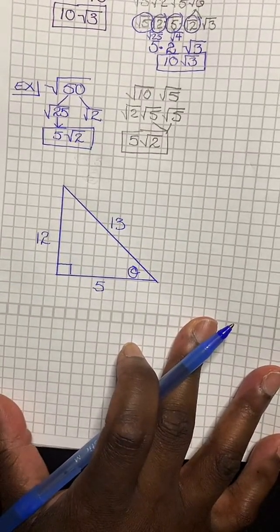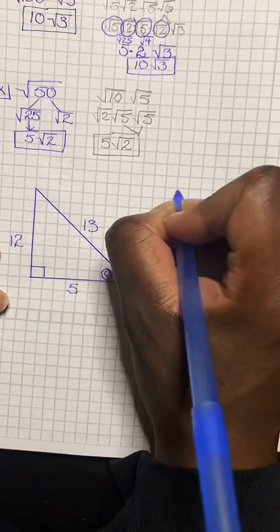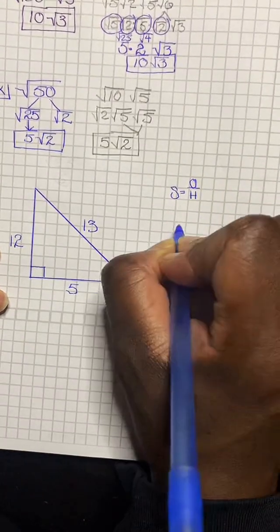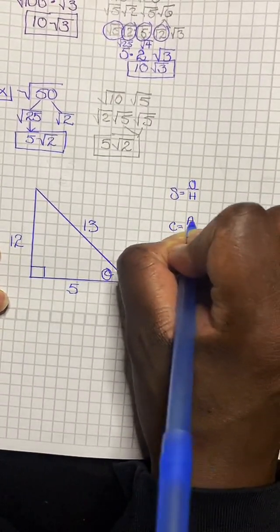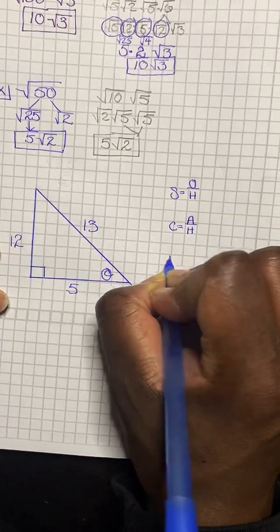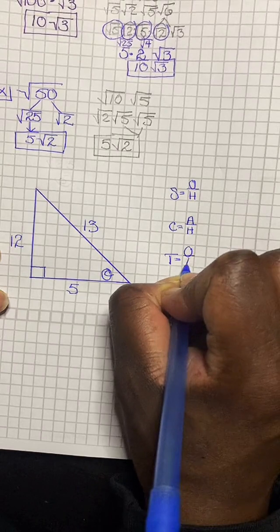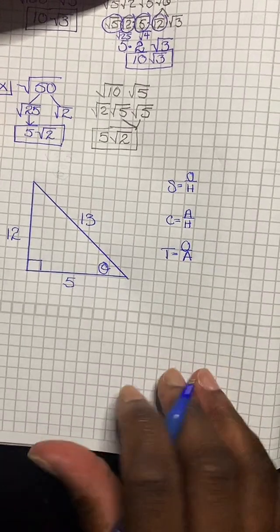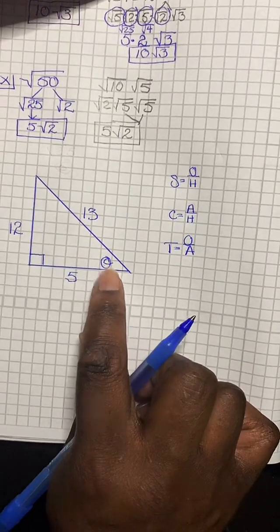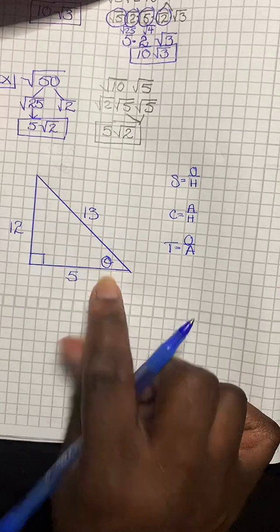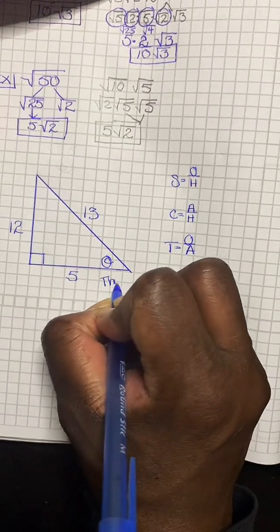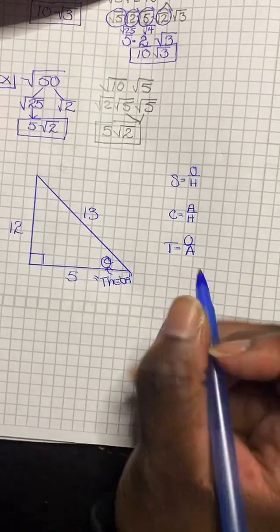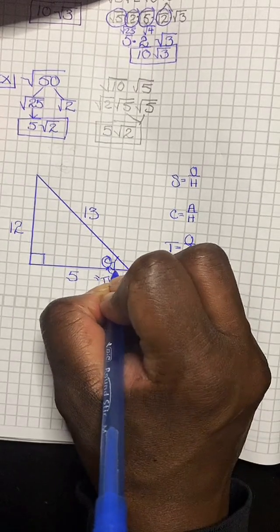But when it comes to this, we have something called SOHCAHTOA. So we have SOH, we have CAH, and we have TOA. Now, this is in reference to whatever your angle is. And right now, this is supposed to be the Greek symbol called theta. Based off of theta, based off of this angle,